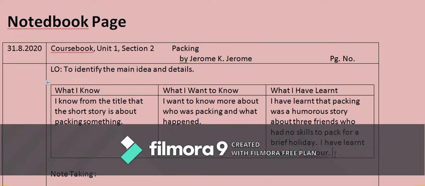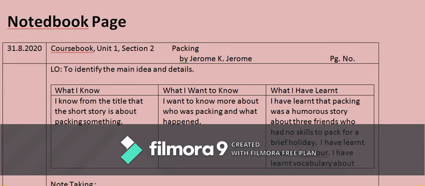If you have learned new words, new vocabulary, you can say, I have learned vocabulary about traveling. Okay, I have learned vocabulary about traveling.